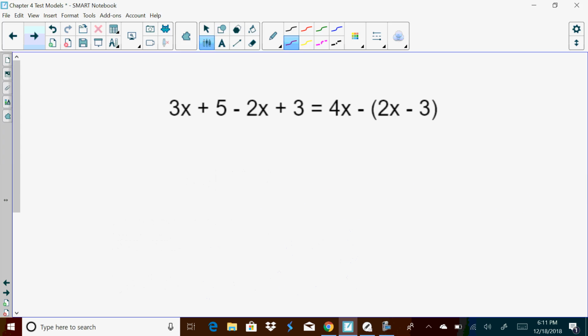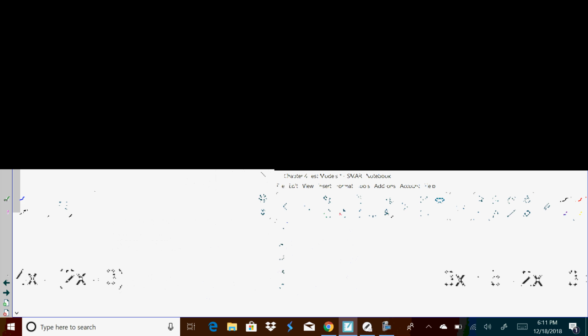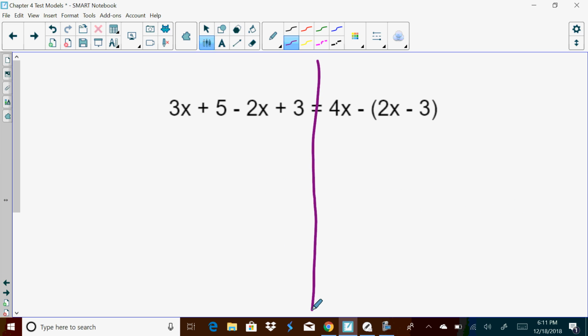This next set of problems, you have to solve a series of equations. So I'm going to start, I gave us a very complicated one. Some of them might not be as complicated. So the first thing I'm going to do is combine my like terms. So I know that these x's are going to combine, and those, the 5 and the 3. So 3x minus 2x is x plus 8